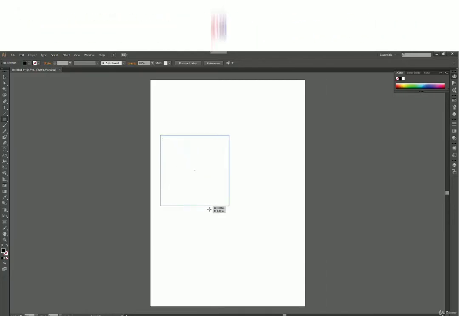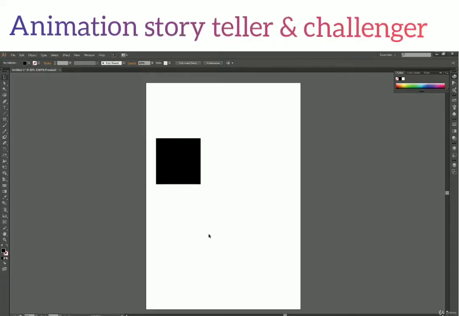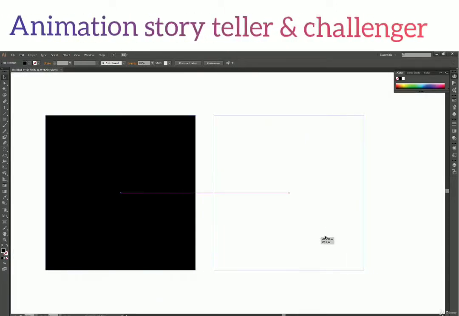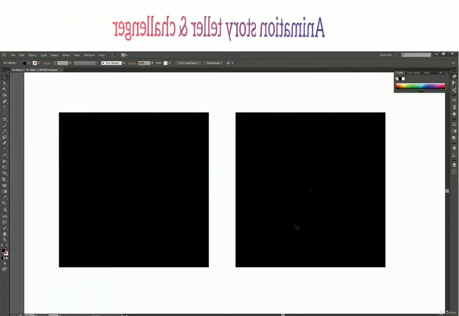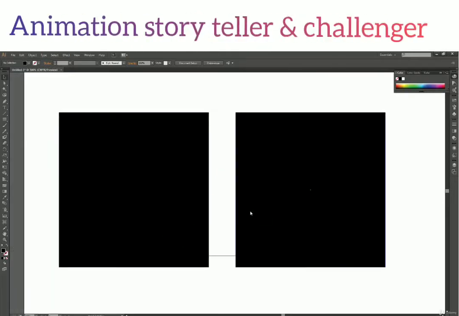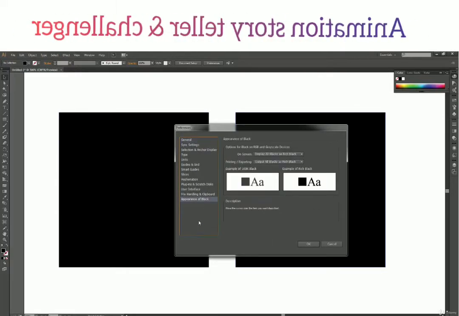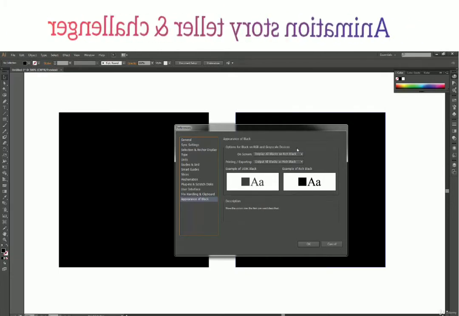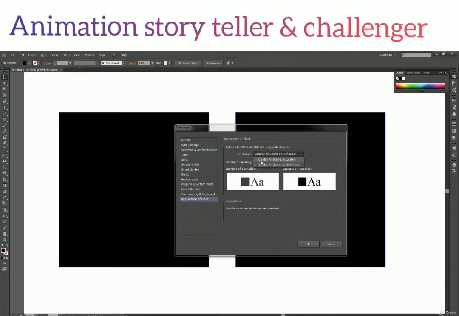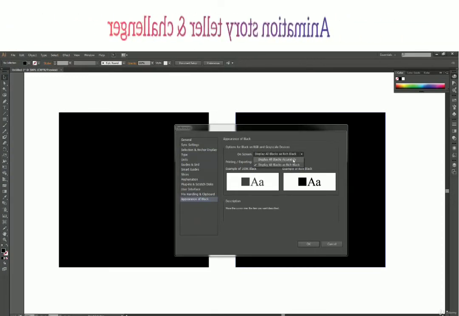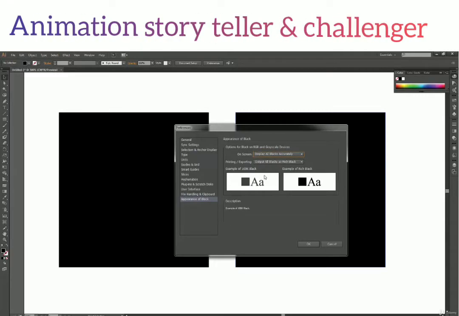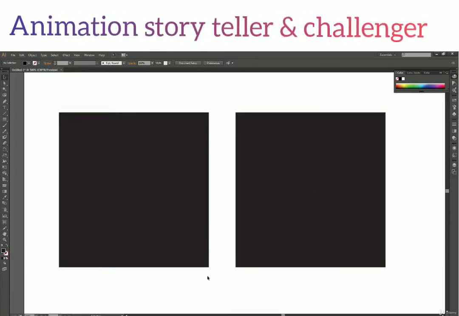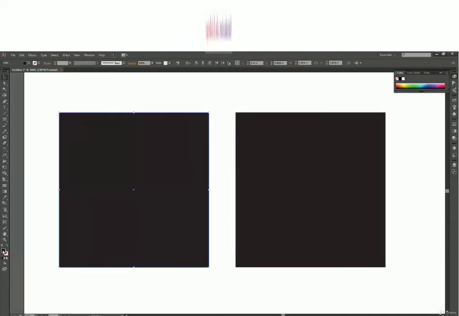So let me draw a rectangle really quick. So we have our black over here. Now you can see this. Let me zoom in so we have a clear visual to this. And I have two rectangles over here. And this is actually rich black right now. But we won't notice a difference unless we have both rectangles or this kind of two colors at the same place. So now let's switch to display all blacks accurately. So this is 100K black and press OK. So immediately you would have noticed that our color changed, and if you don't, then we'll change color for this one.